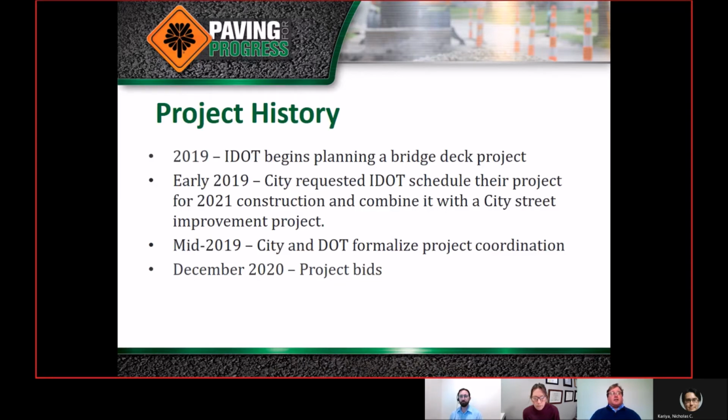So a little bit of project history. In 2019, the Iowa Department of Transportation began planning for a bridge deck overlay for the 32nd Street Bridge over Interstate 380. In early 2019, we requested a schedule from the Iowa Department of Transportation for their project for a 2021 construction and combine it with city street improvements on each end of the bridge. In mid-2019, the city and the DOT finalized coordination on the project, and in December of last year, we bid